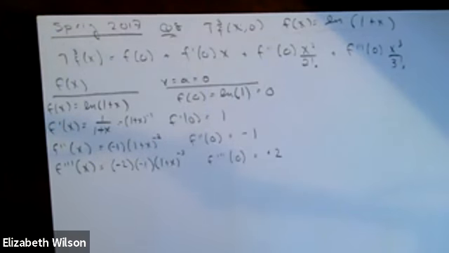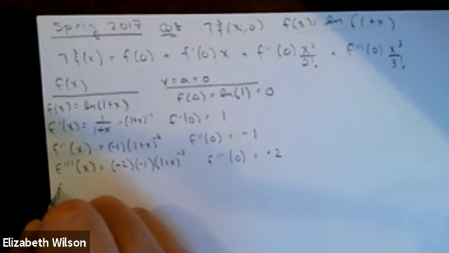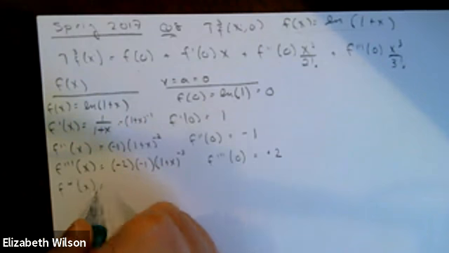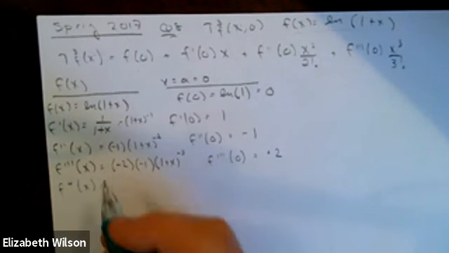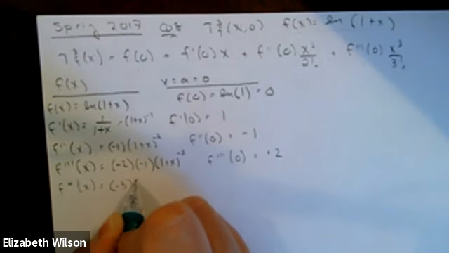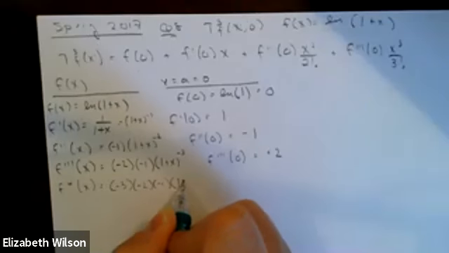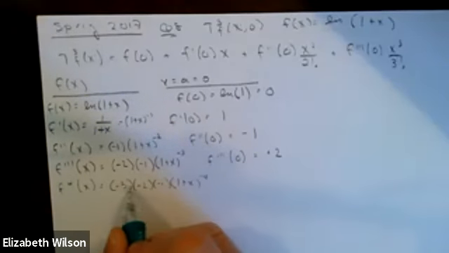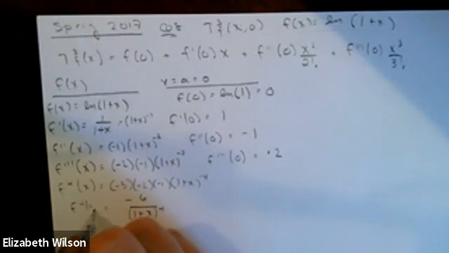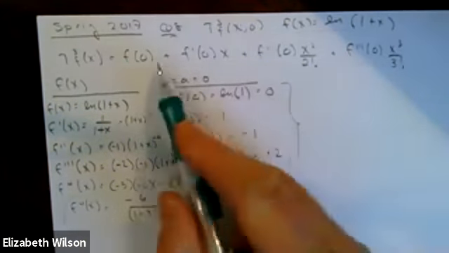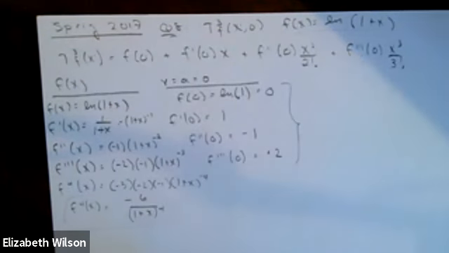We know in this they're going to ask us for our error calculation, so let's go ahead and calculate our fourth derivative, because they want the error calculation for the third order. I need my fourth derivative for that. So my fourth derivative is going to be minus 3 times minus 2 times minus 1, 1 plus x to the minus 4. I'm going to write this all out. So this is minus 6 times 1 plus x to the fourth power. This is my fourth derivative. We're going to need to calculate our z value, but we're going to use this later in our error calculation. All of these numbers here are going to go into part A's answer, which is going to give us the coefficients